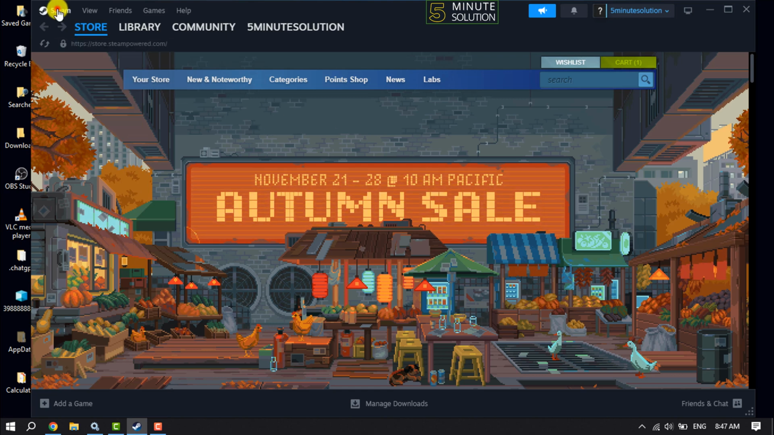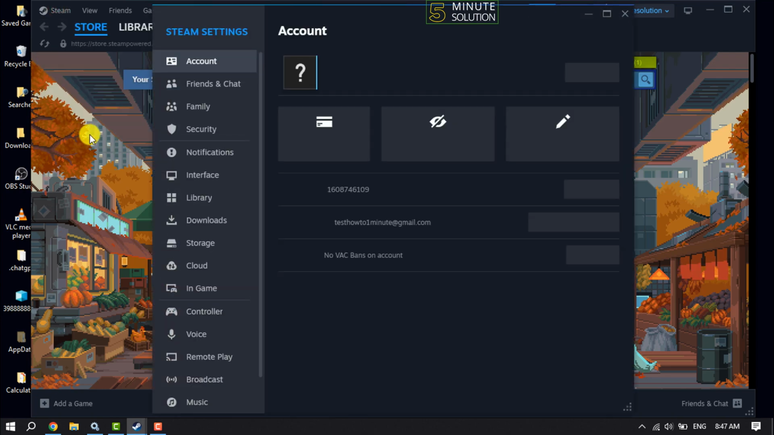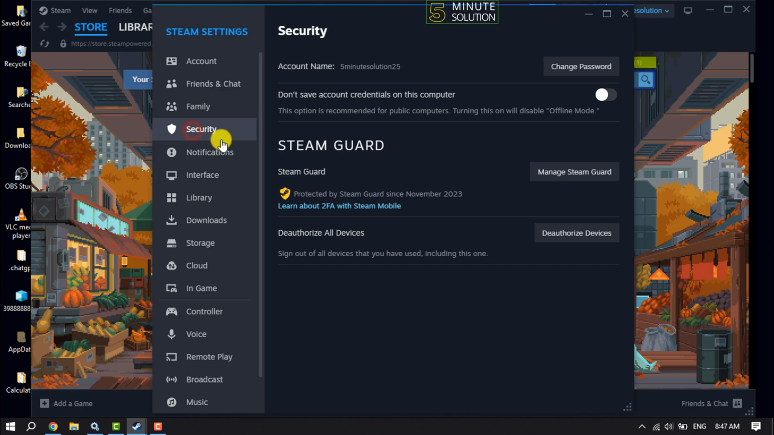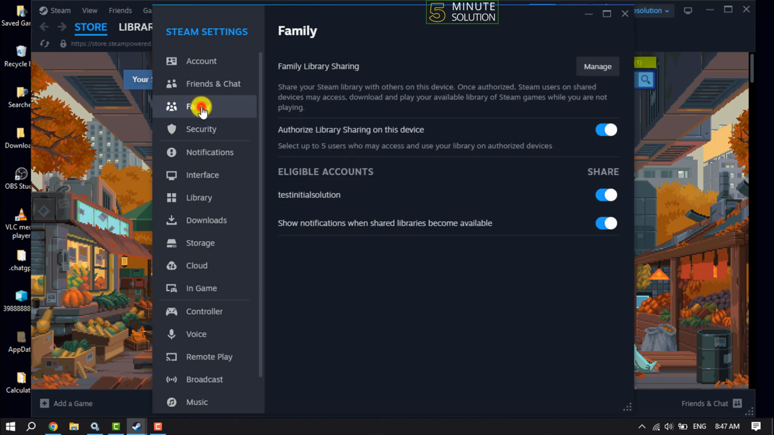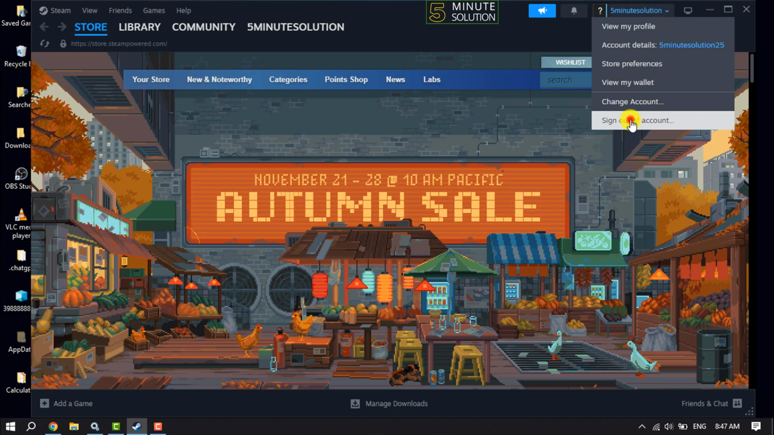Then click on Steam menu, Settings, click on Security, and here make sure to enable Steam Guard. Once done, click on Family, and here enable the Authorize Library Sharing on this device option. Once done, log out from your account,